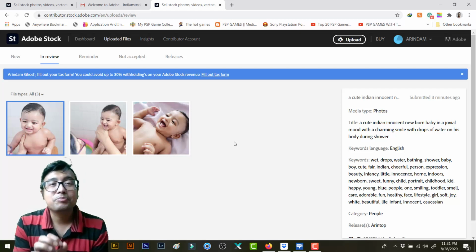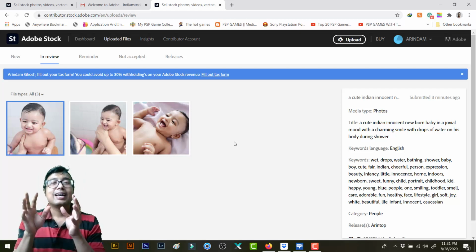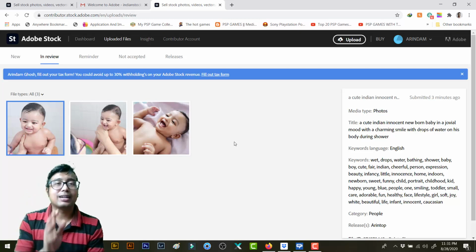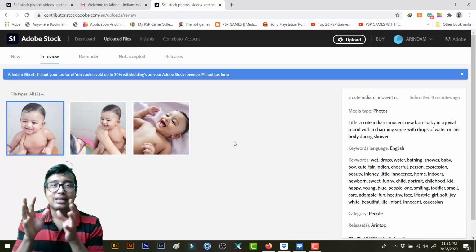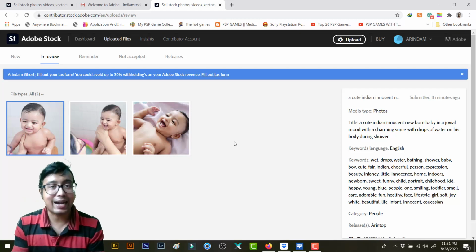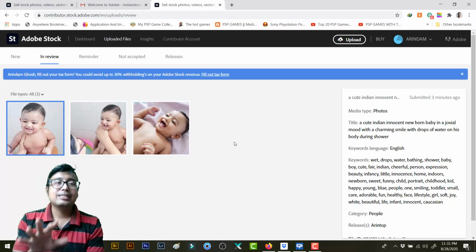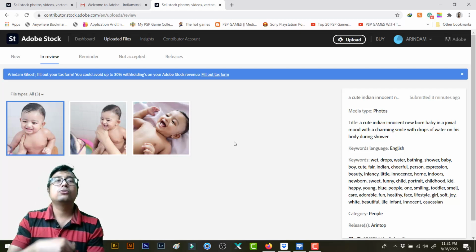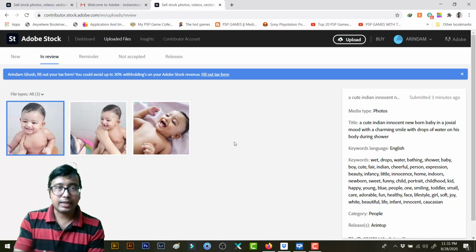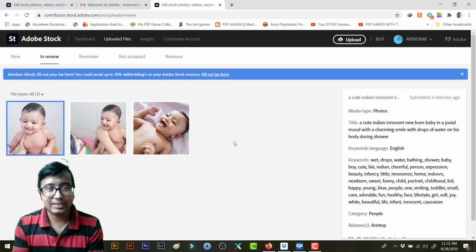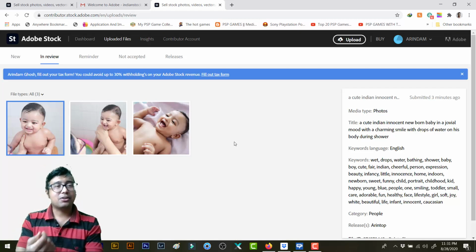Then you need to wait, because Adobe will review your files. And if they are accepted, you will get a mail that your photos have been reviewed and congratulations, your contributor account is active. Okay, what I mean to say is, if your first images are rejected, then don't lose hope. You do the same thing over and over again, and ultimately your files will be accepted. I can guarantee that, because your photography will already improve.